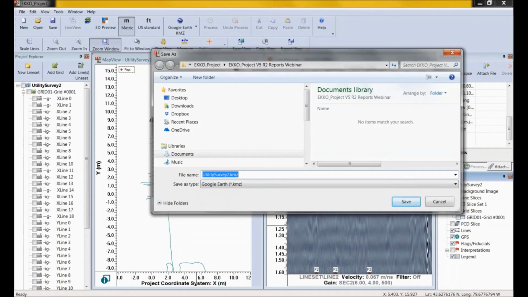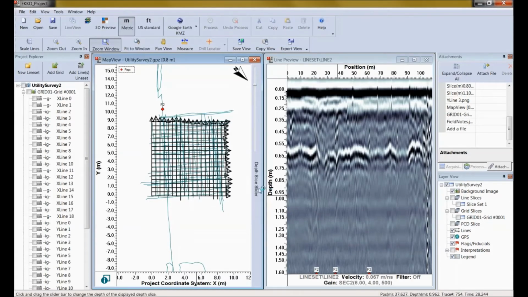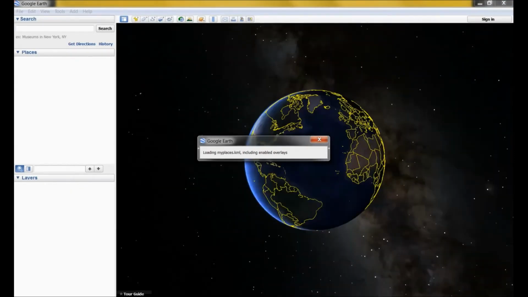Now, next thing I'm going to be asked for is what name to save the KMZ file. So you can navigate and save the file in any folder, but I usually save it in the same folder as where the GPR data is saved. So it offers this name. I select that. Once the Google Earth KMZ file is saved, Google Earth is automatically launched if it is installed